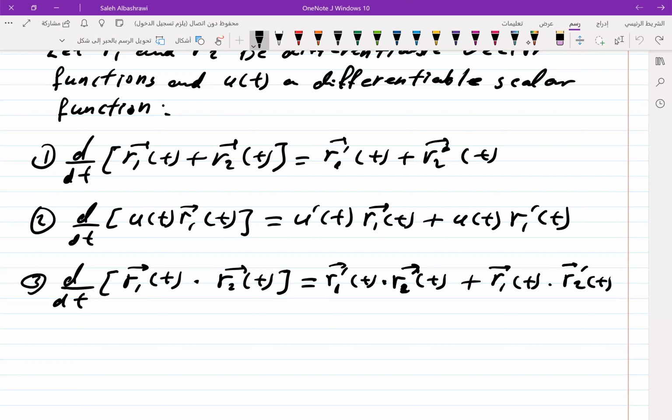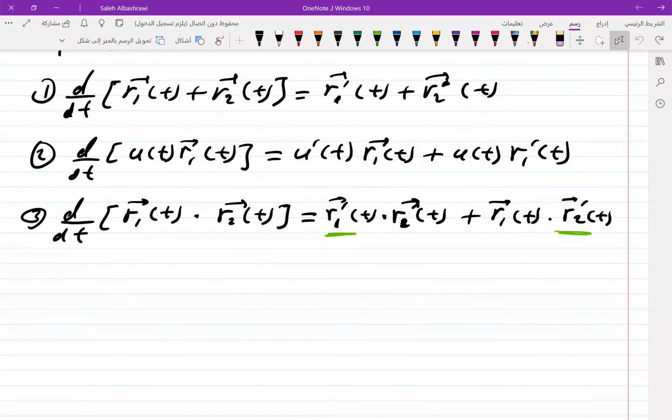You have to be careful about this one. Derivative of the first one, derivative of the second one, and we apply the dot product. This again is the product rule for a dot product of two vector valued functions. Number four,